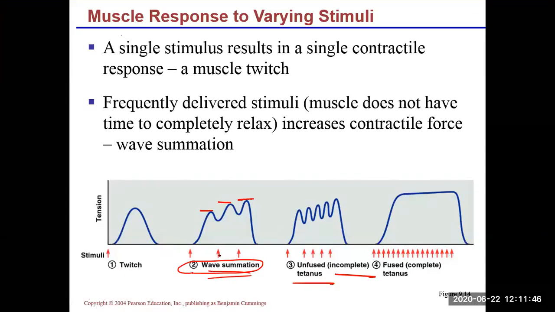Okay. So we were talking about the muscular twitch and the difference between muscular twitch and wave summation. Wave summation is just what happens when you are, let me go ahead and,